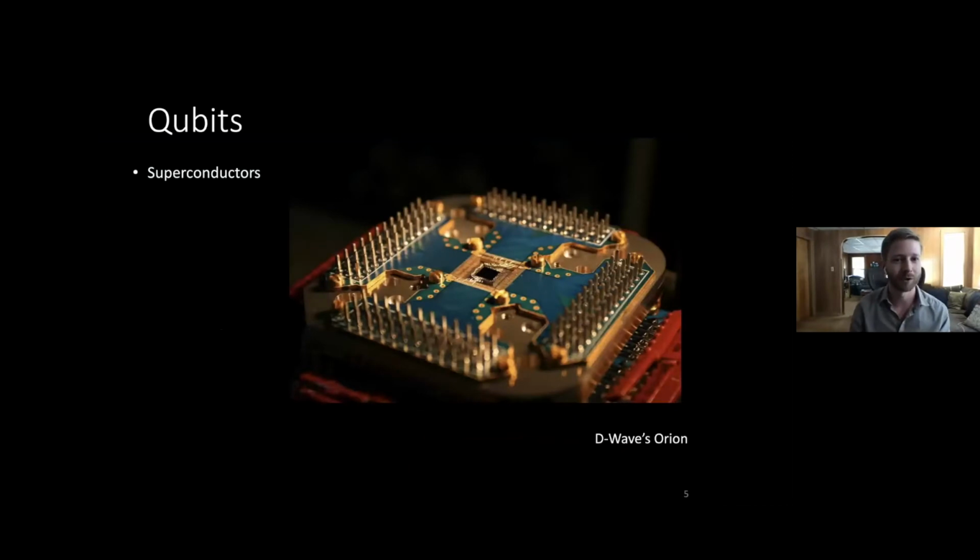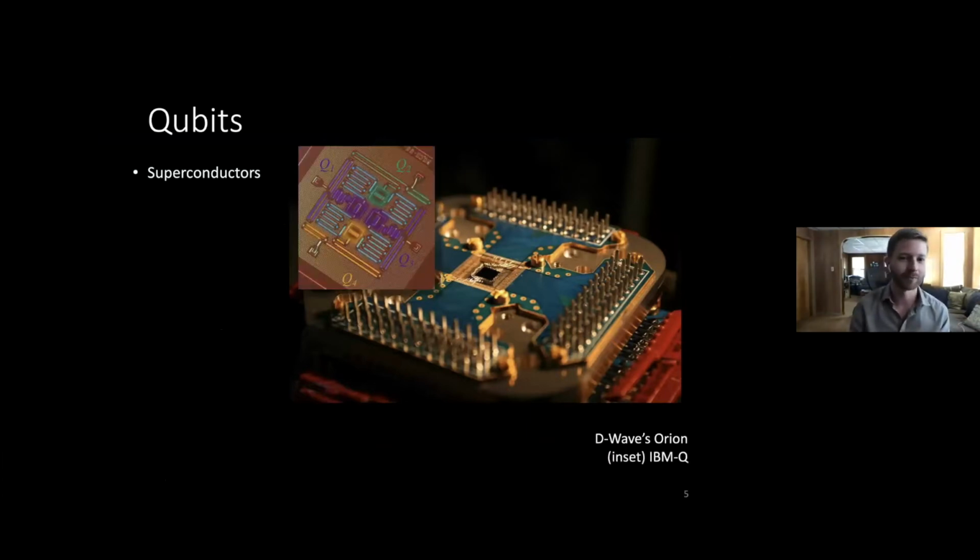All right, so qubits come in all different shapes and sizes. Superconductors, you've probably heard of on the news recently if you're plugged into this kind of thing, and they seem to be one of the more common choices for industry. This is an example of D-Wave's Orion chip, where that little black square in the middle may look something like this, which happens to be an IBM chip. It's a 4-qubit chip, again superconducting, one of their smaller ones, as they recently really scaled up the number of qubits.